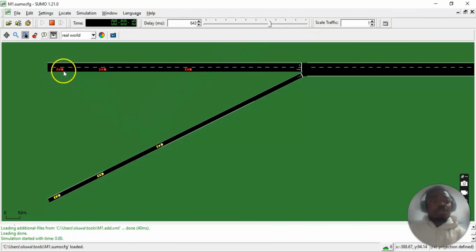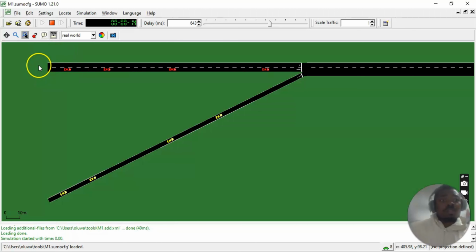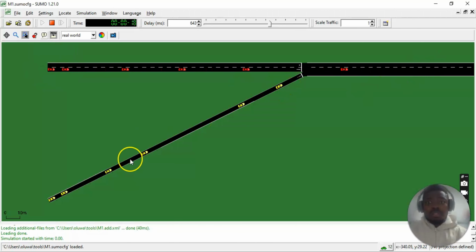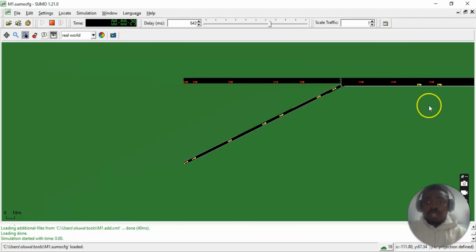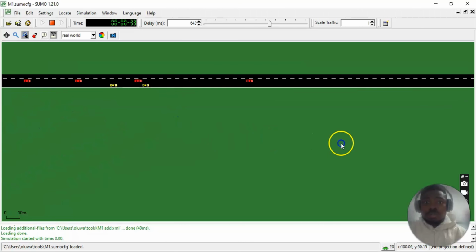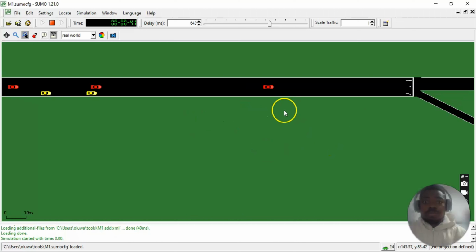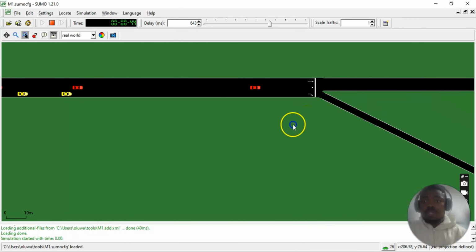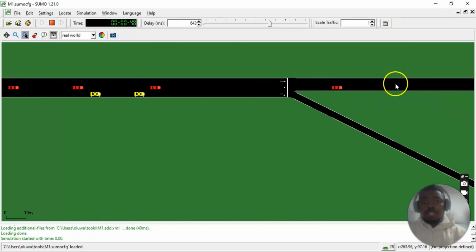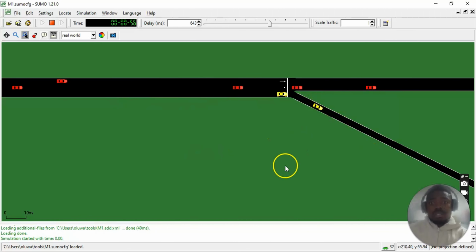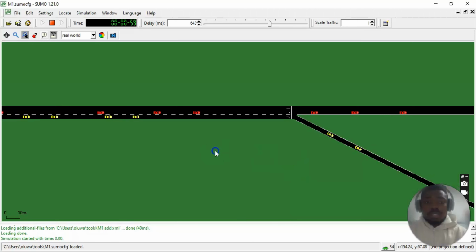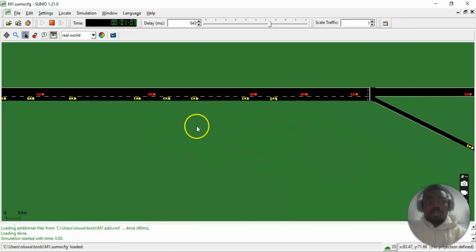So you can see the movement of the vehicles from the main line to the main line, and you can see that from the horn ring coming to the highway or the main line, and we follow through. So the red vehicle will continue, but the yellow vehicle will go off red because that was the settings we did, and that was the configurations we did